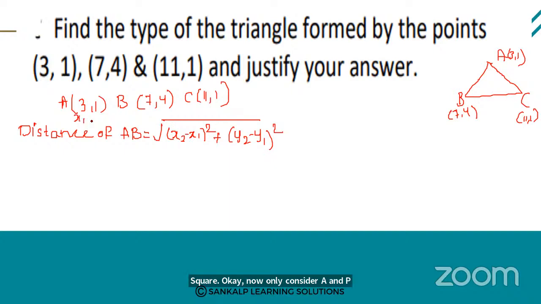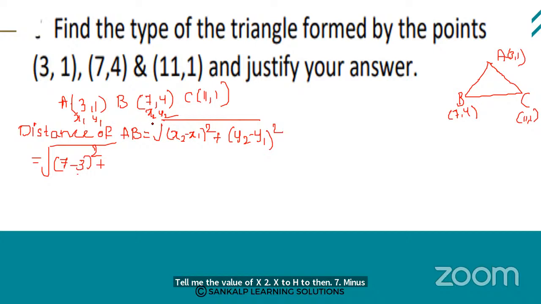We call it as x1, this one is y1. We call it as x2 and this is y2. Now consider A and B. Now tell me which one is x2 here? This is x2 and this is x1. Tell me the value of x2. It is 7, right? 7 minus x1 is 3, whole square, plus